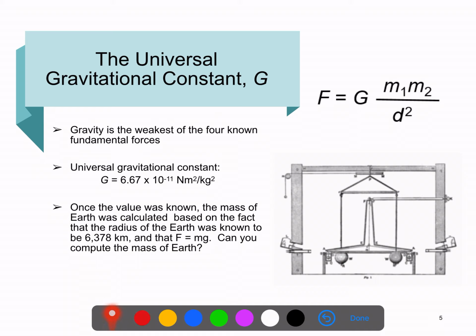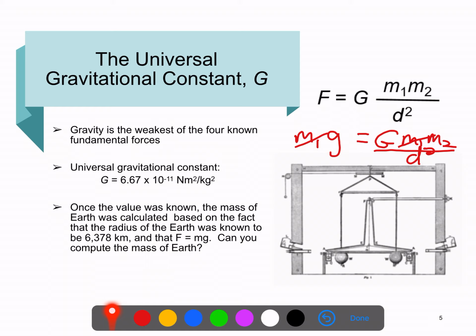So if you remember when we were talking about Newton's second law, we said that force equals mass times acceleration. So that's essentially mg in this case, where this is little g, not to be again confused with big G. But if that's the force of gravity and this is also the force of gravity, then we can equate them to each other. So this mg, we'll pick one of these two things, m1g, should then equal capital G m1 m2 over the distance squared. Okay, and then you'll notice these things cancel, and you can then solve for this capital G.